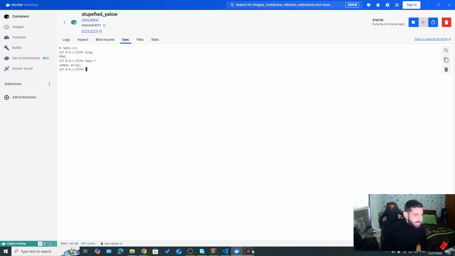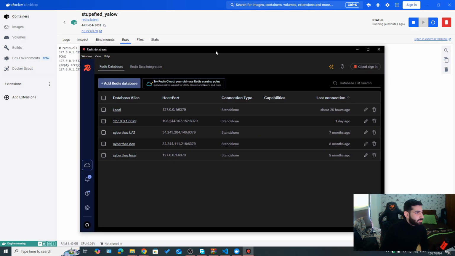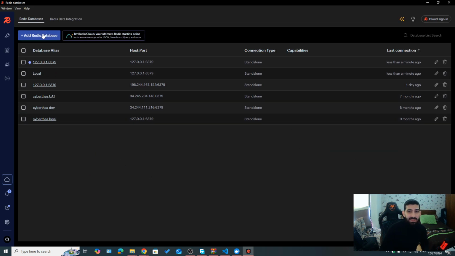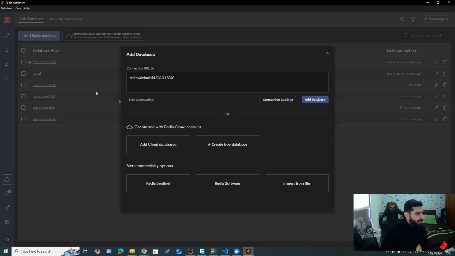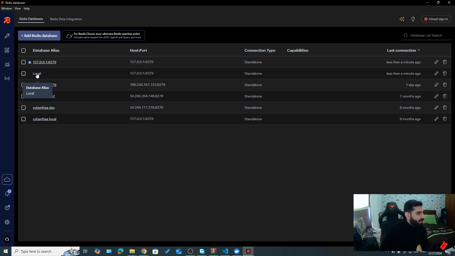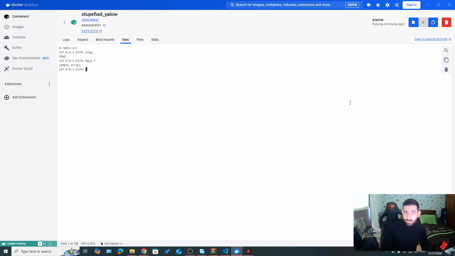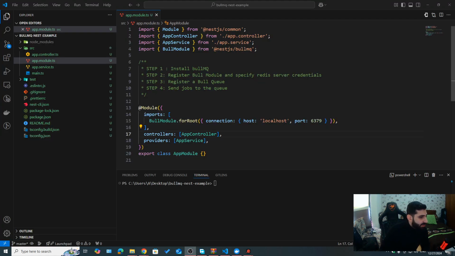But to better visualize that, I like to use a tool called Redis Insight. So you can download this for free, just like you have MongoDB Compass for Mongo, which is a visualizer, which is a pretty good tool. This is the same here. So it's pretty easy to use. So all you have to do is just add a Redis database, and then here you can add your connection. So I already have a local connection. I'm gonna open it. And as you can see, we don't have any keys yet, but this is going to change in a bit. So I specified localhost as the host,